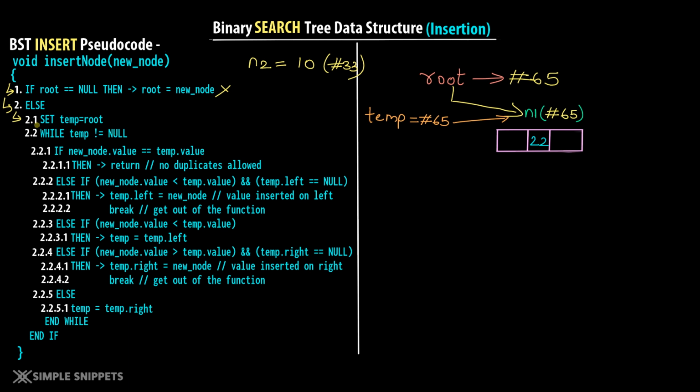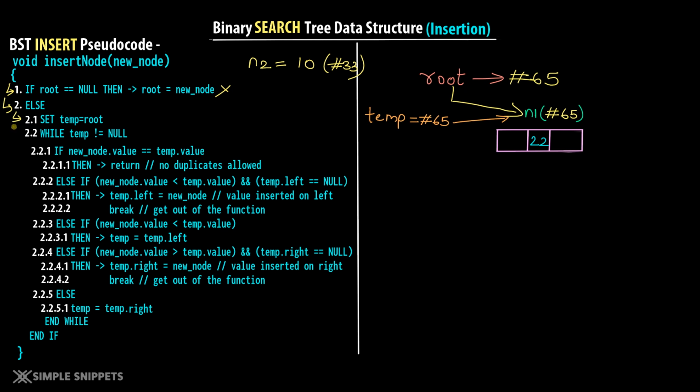So why are we doing this? We are doing this because we want to use this temp pointer to traverse from n1 to n2 to n3 and so on, if there are any other nodes in this entire BST tree. We are going to use this temp variable to do the traversal, so that the root value remains intact and we simply keep on changing the temp pointer's value.